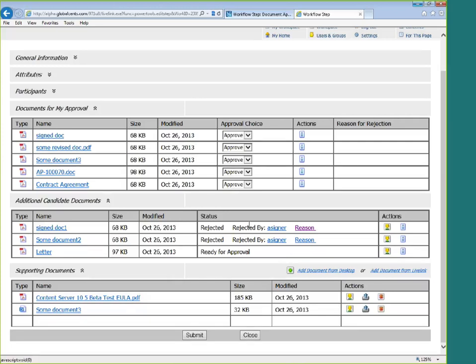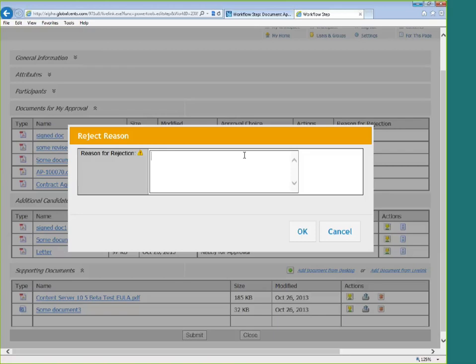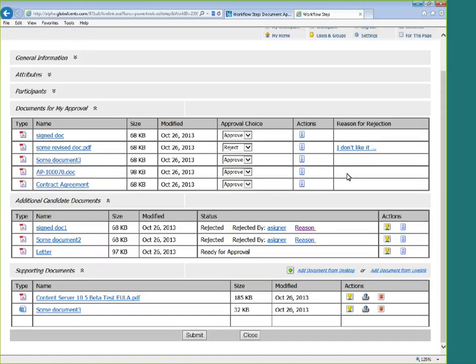In addition to the rejected documents, there's also another document here that this user just wasn't specified that they should have to sign, so it ends up in their additional candidate documents area, along with the supporting documents for the work process. And up here, you can actually see that they get the ability to approve or reject each document individually. When they reject it, they're asked to enter a reason why. And these rejection reasons are stored, and they can come back and look at them and rearrange them any way that they want.